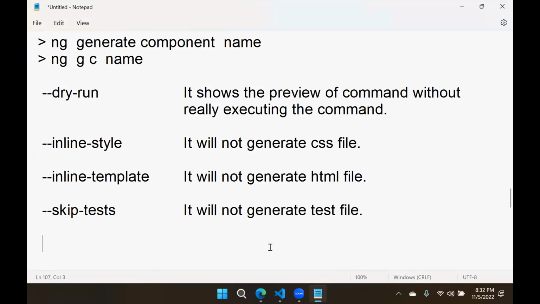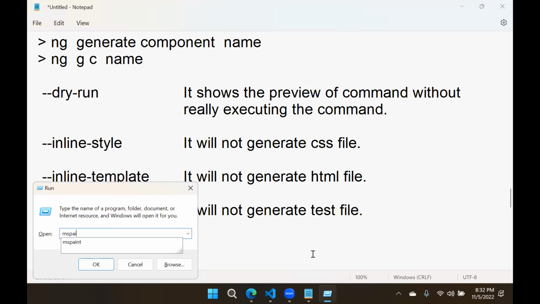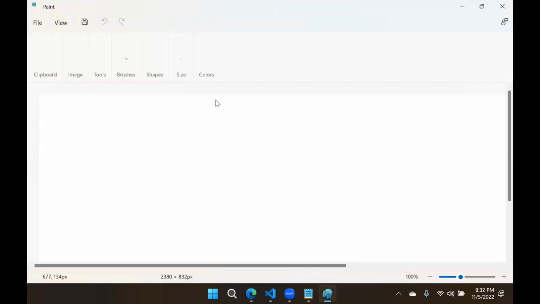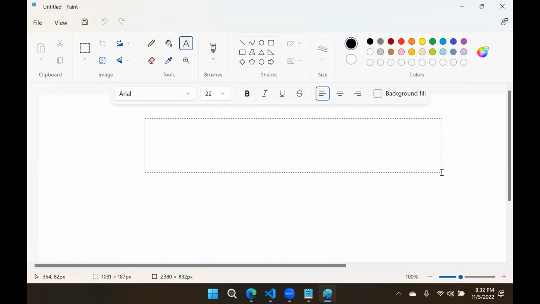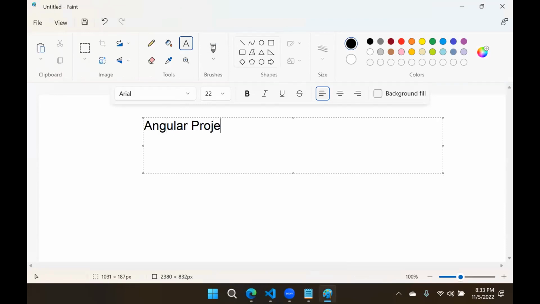Now one more extra for making our designs good and effective is, we will install Bootstrap and see how to use Bootstrap in our projects, because in real-time Angular projects, generally they will use two types of styles, means effects from Angular material, they use Bootstrap, they use